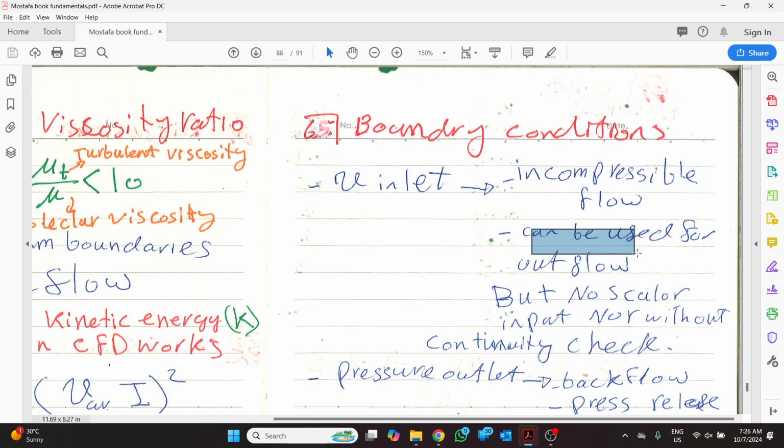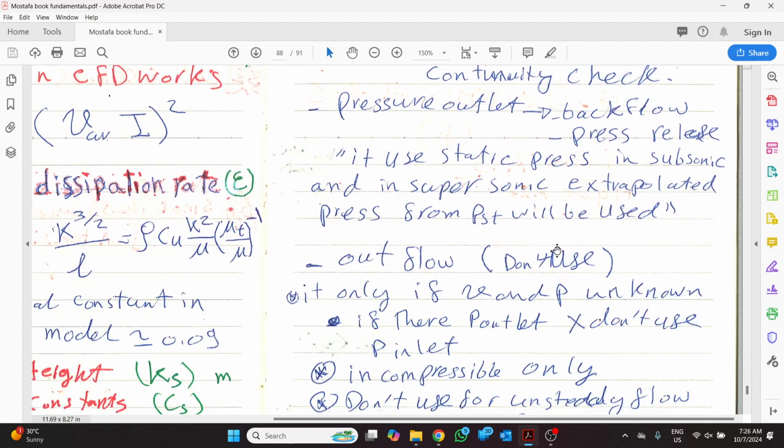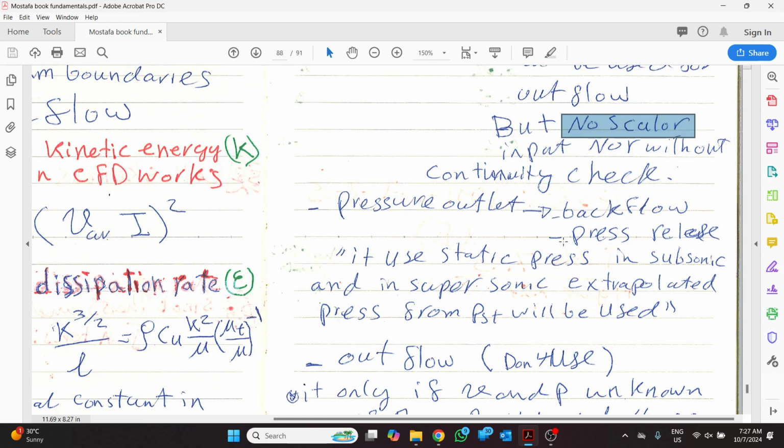Yes, you can use it as an outflow velocity, no problem, but don't consider any scalar input, because whatever you put there has no benefit. And if you're defining any velocities, you need to check the continuity, return to the continuity session. Otherwise it will be imbalanced,